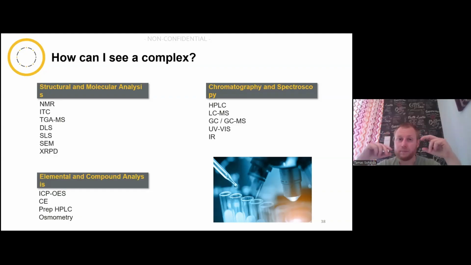So just imagine an HPLC. If you inject the naked active ingredient, it would have an elution time. And as you can imagine, if it's captured in a cyclodextrin completely, then this complex would have a different elution time